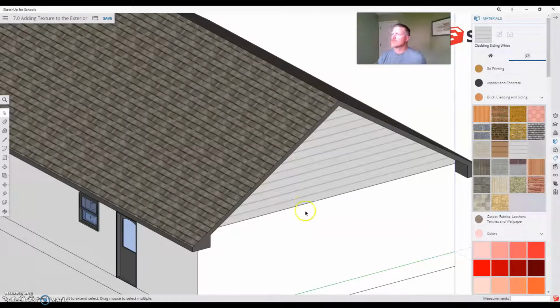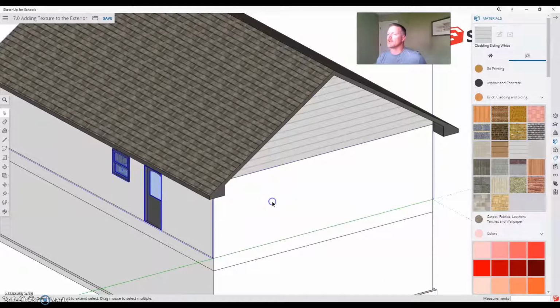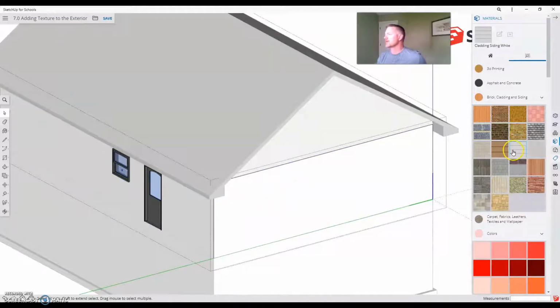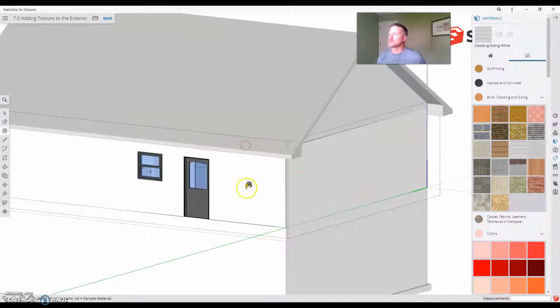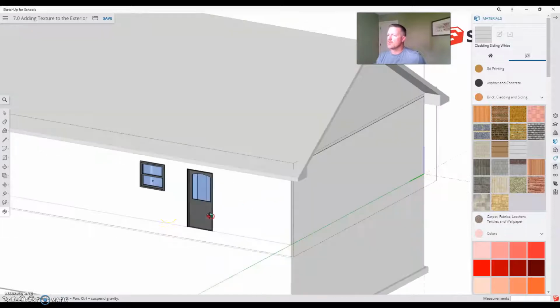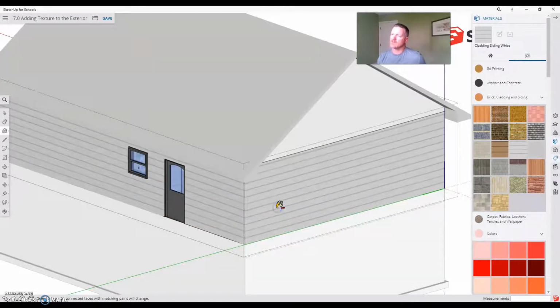You're going to notice this little line right here. Let's go in and we'll do the siding on our house. So double click this house. And I'm going to pick that siding. Now I have to be careful here because I'm inside my walls. And if I hold down control and I just click on the outside,